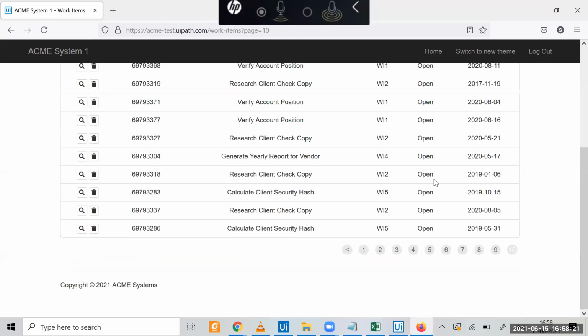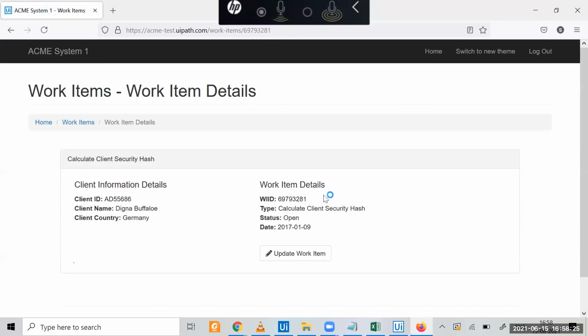Okay, so we have reached page 10. Now you can see it is checking one by one, and it is supposed to throw one message box. So I told you Get Text was faster, but Tesseract, this OCR, will take a little time.